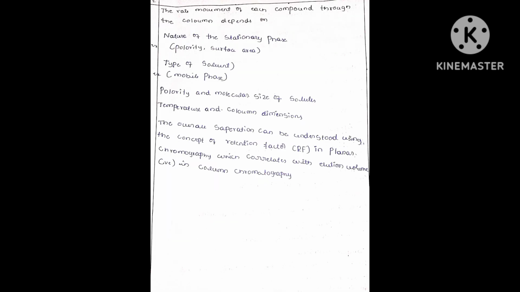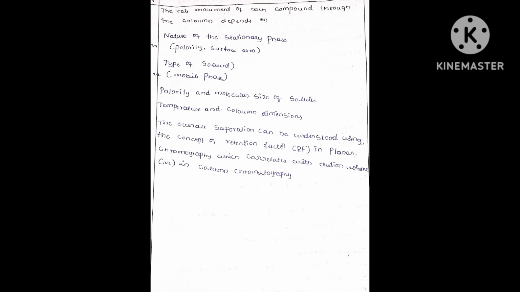The rate of movement of each component through the column depends on the nature of the stationary phase, for example polarity and surface area, types of solvent, for example the mobile phase, polarity and molecular size of solvents, temperature and column dimensions. The overall separation can be understood using the concept of retention factor, Rf, in planar chromatography, which correlates with elution volume